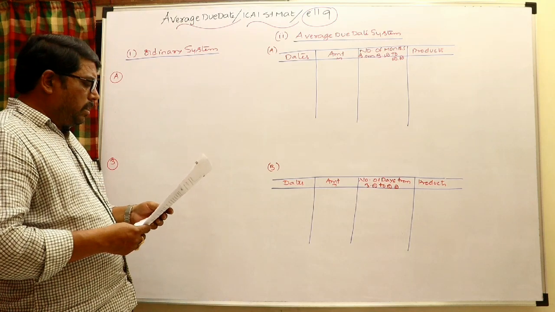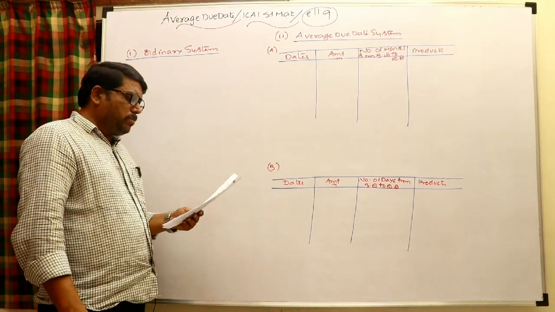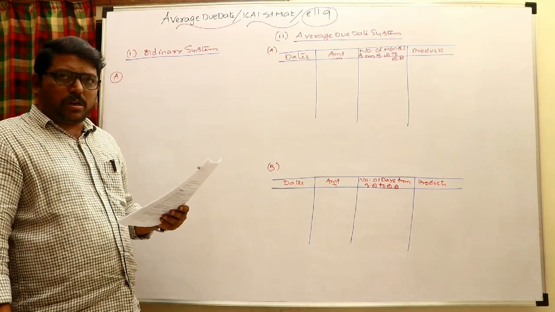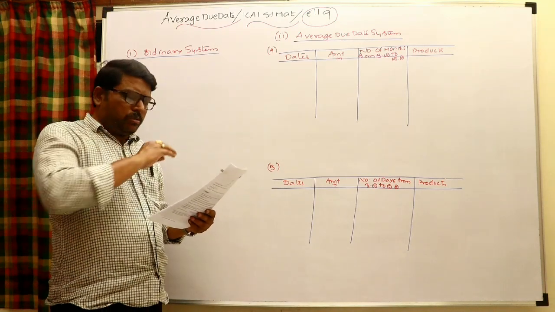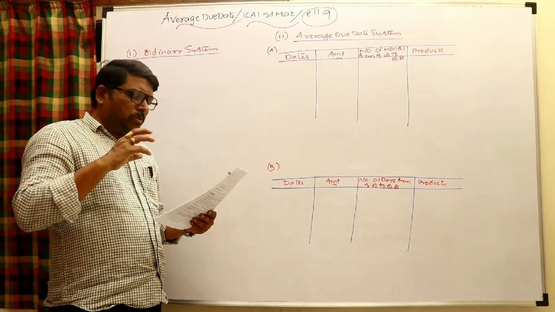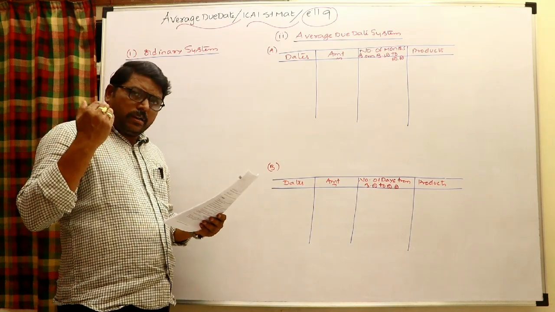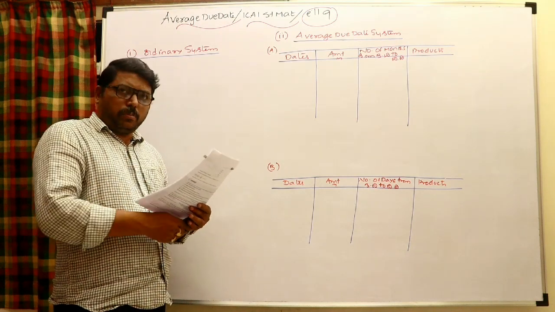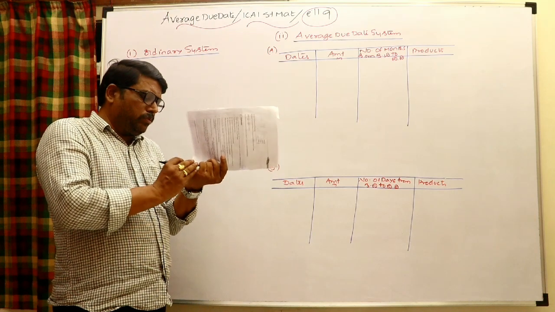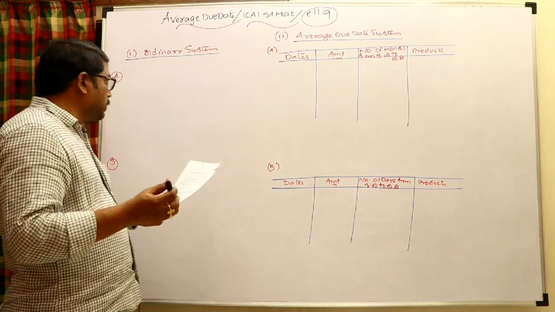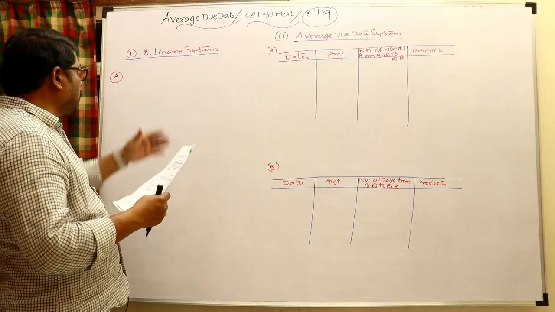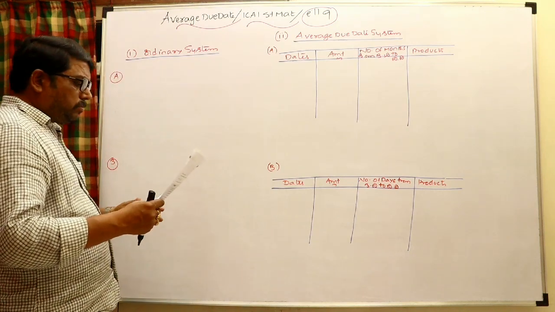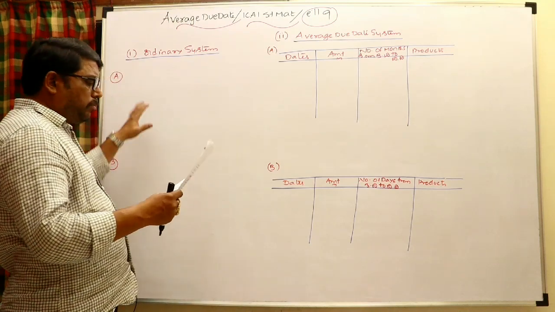Let us see: A and B are partners in a firm and they have drawn amounts from the firm for the year ending 31st March 2015. During the year, amounts are withdrawn on different dates, and we need to calculate the interest till 31st March 2015. So let us discuss how to calculate the interest in the ordinary system, for partner A and also partner B. Let us come to the first partner A.